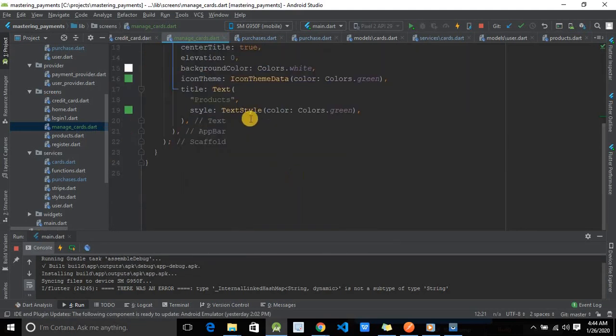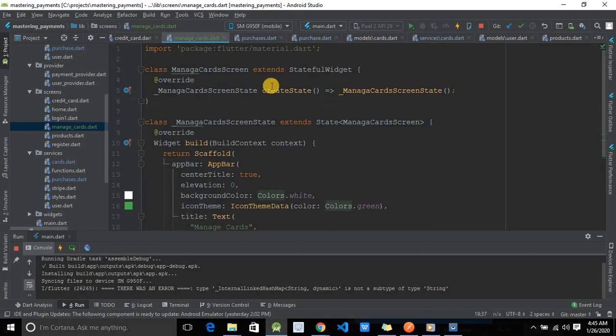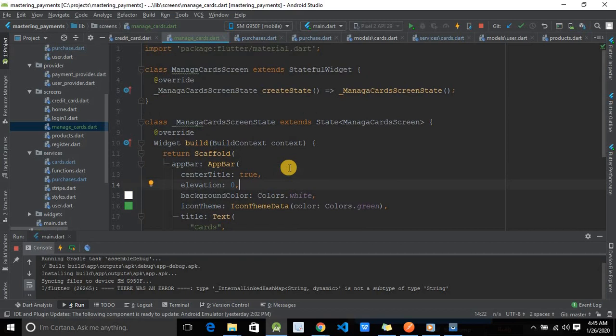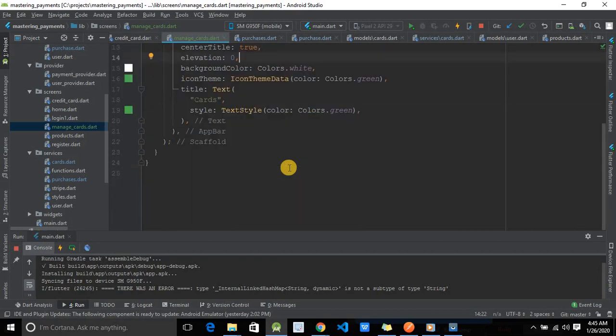And in here, instead of products, I will have manage cards. Okay, I'll leave here cards. Okay,